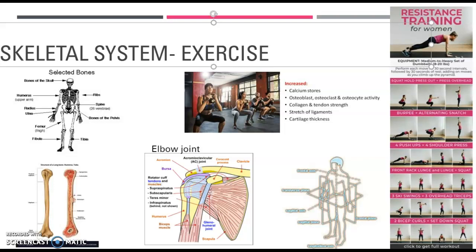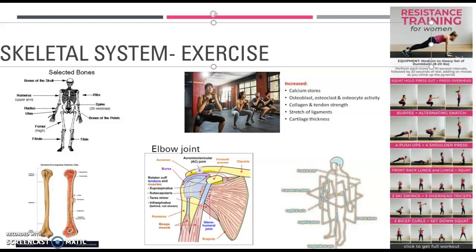As people get older, it is more important to strengthen bones, to maintain good posture and strength, and to reduce the possibility of developing bone-related diseases such as brittle bone disease. Stronger bones are harder to break, but unfortunately as we get older our bones naturally get weaker as we don't exercise them as much. This adaptation causes increased calcium stores,